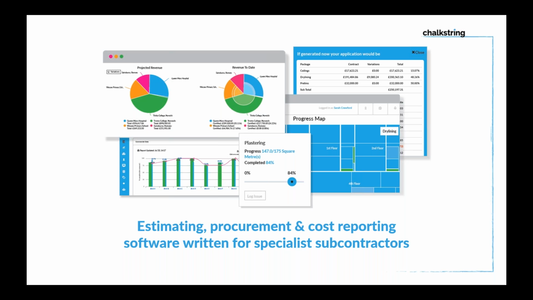And the software covers everything both pre-contract and also post-contract. So covering your estimating and tendering of the job, but also managing your live project during the build process, right up to final account. And I'll go into that in more detail in a second. But essentially it's one integrated system that covers the whole project from end to end, but it's purpose written for